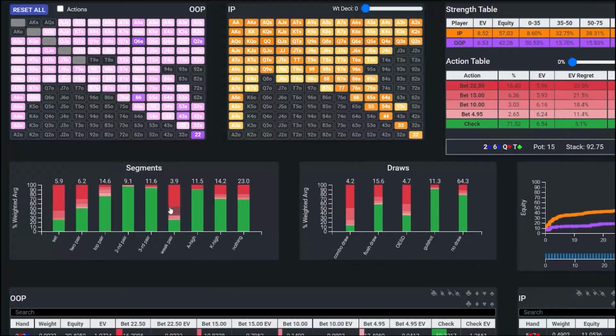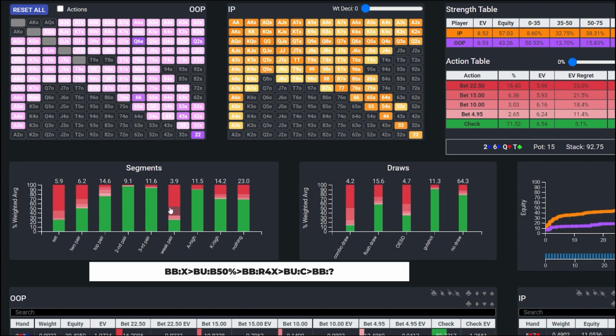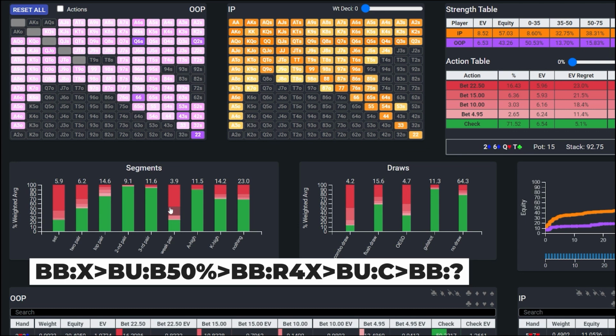Another change you may have noticed in the combo grid is that hands that are not in the range at all now have a darker color. The purpose of this change is to allow users to visualize the combos that are in the range even when filters are applied. So for example, let's say the big blind raises, the button calls, the turn is the 10 of clubs, and the big blind needs to decide if he should barrel